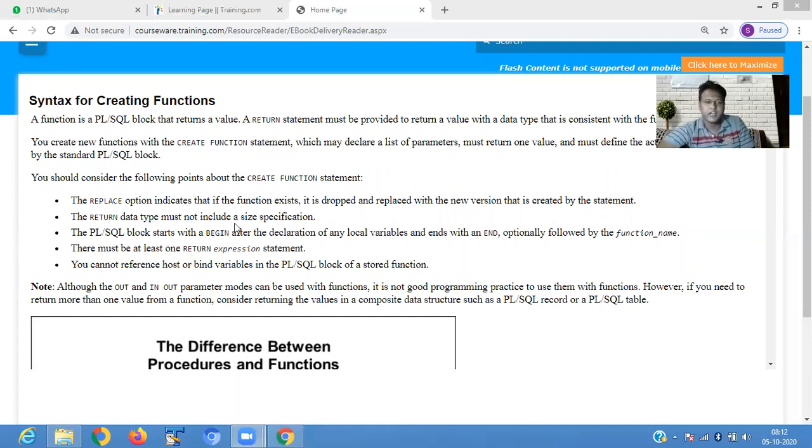The return data type must not include the size specification. The PL/SQL block starts with a BEGIN after the declaration of any local variable and ends with an END, optionally followed by the function name. There must be at least one RETURN expression statement. You cannot reference a host or bind variable in the PL/SQL block of a stored function.